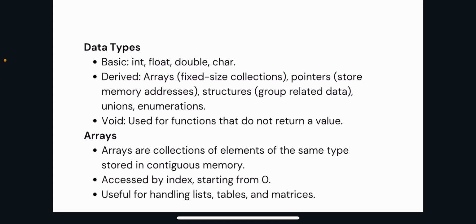Some data types in C include some basic data types like integer, float, double, and character, and some derived data types which include arrays, which are fixed size collections, pointers, which are used to store memory addresses, and structures, which group related data, unions, and enumerations, and void, which is used for functions which do not